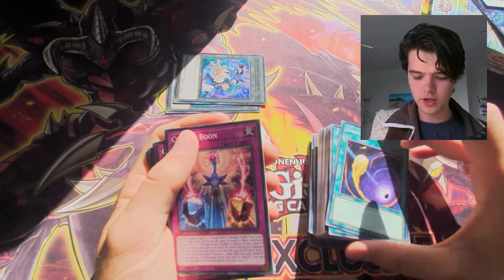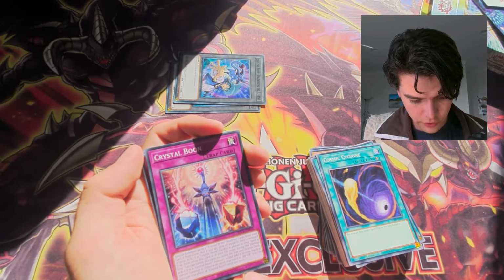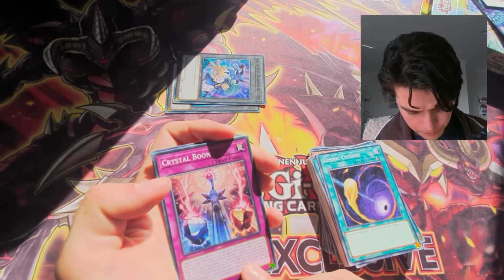Of course, if you have Ruby in your spell and trap card zone, which you always should, then Crystal Promise is more than enough. But gaining life points, that's great. If a Crystal Beast monster is placed in your spell and trap card zone while this is in your graveyard, so one of the benefits of sending things to the graveyard,